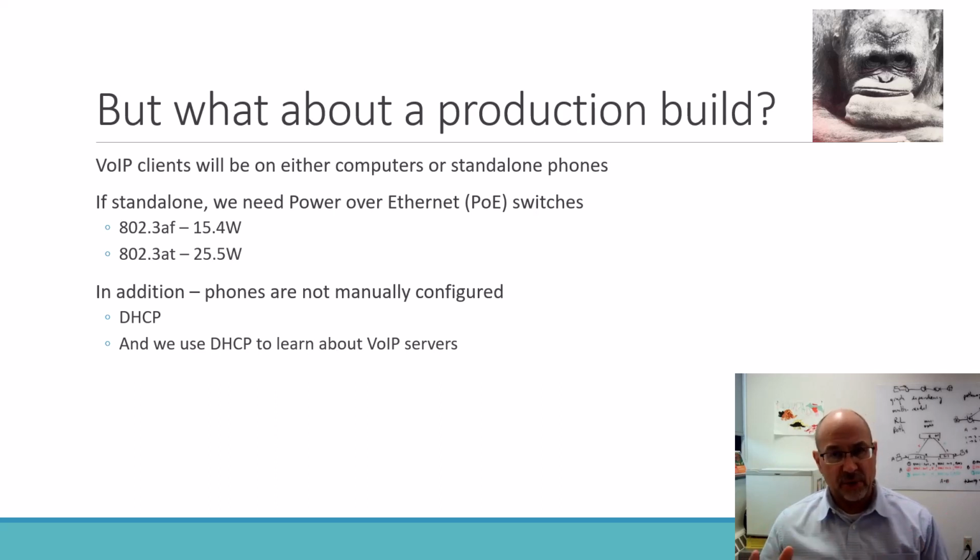Now there are a whole bunch of issues associated with that, but let's start with the two standards, 802.3af and 802.3at. Now af is the older standard, 15.4 watts, and if you have a PoE switch that does 15.4 watts or 802.3af, you're probably okay on your VoIP phones, but I'm going to put a little asterisk next to that one. at is for things that require a higher draw. And there's some instrumentation, some telemetry sources, but also high-end access points with lots and lots of radios in them